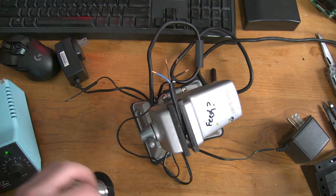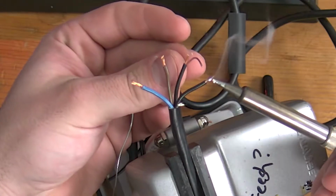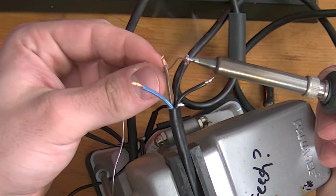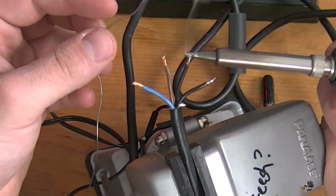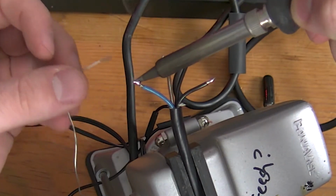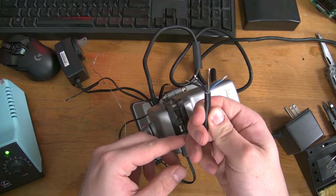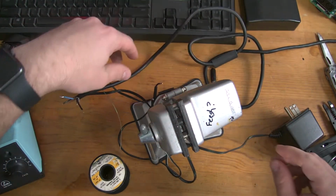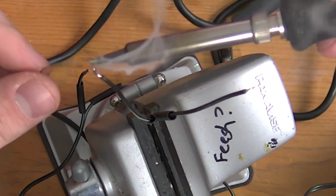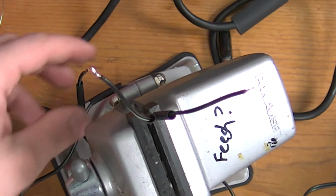I always pre-tin everything. It makes life so much easier. But I always just heat up a bit, iron to metal. Once the metal heats, it sucks it right up. So those 4 are gorgeous enough for what we're doing today. I'm going to glob it on. Those 2 are good, and then